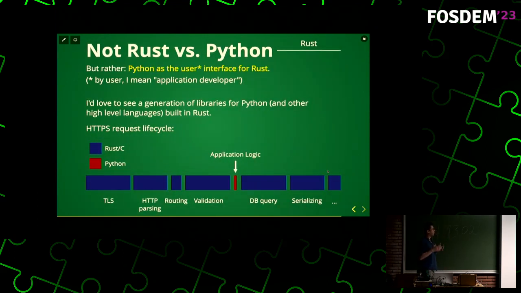So the way I want to think about the future development of Python is not as Python versus Rust, but effectively as Python as the user interface for Rust, or the application developer interface for Rust. So I'd love to see more and more libraries do what we've done with Pydantic Core and effectively implement their low-level components in Rust. So my dream is a world in which, thinking about the life cycle of an HTTP request, but you could think the same about some ML pipeline or many other applications,